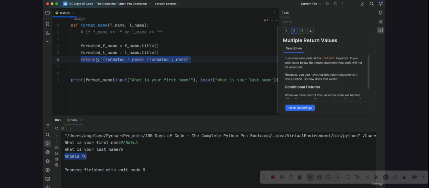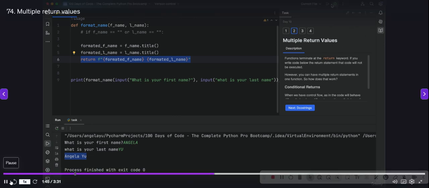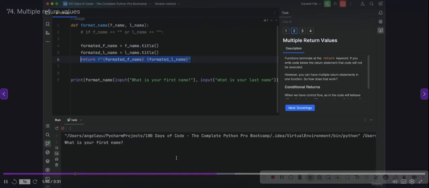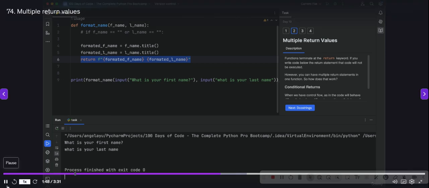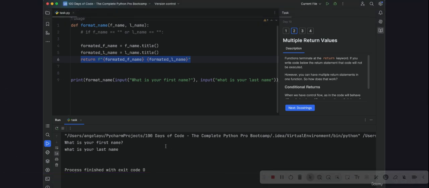So now in this case, it's possible that we might have just not given it a first name or not given it a last name,